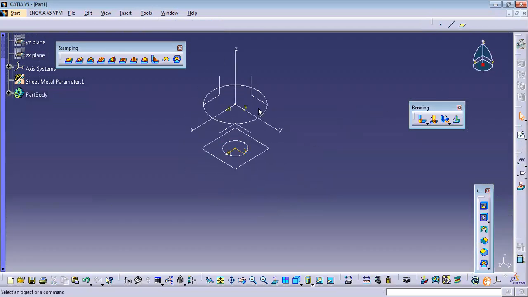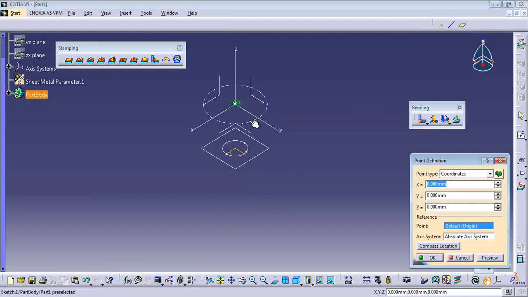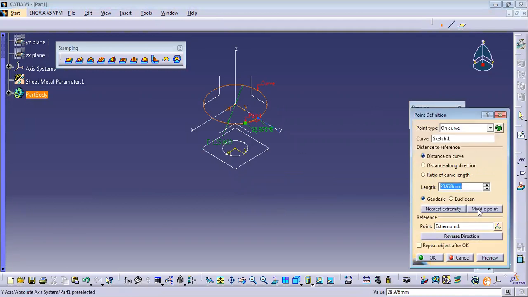Now, if you can notice, on each and every hopper we have a welding line, right? Yes, sir. To create that welding line, you have to go with a point. That point will act as a welding spot. So just click that circle and directly say middle point. It will take its place automatically, and say okay to this.